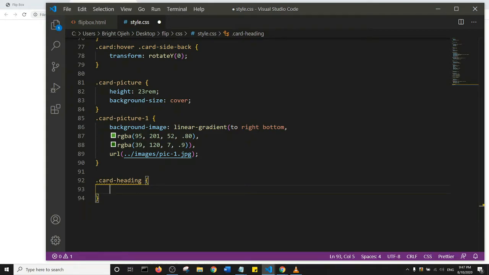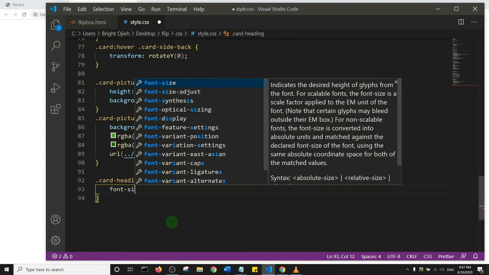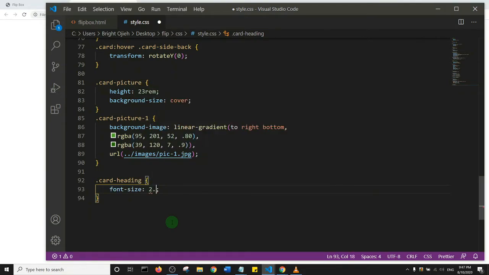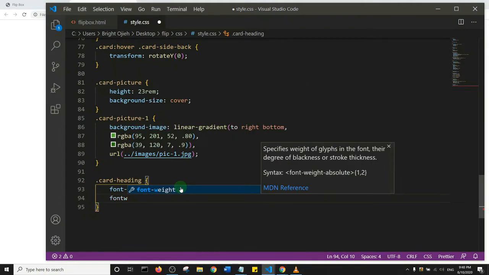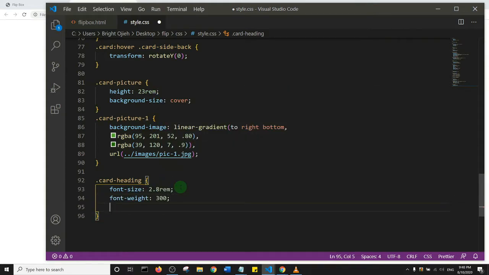Now for our card heading, essentially we want it to have a font-size of, let's say 28 pixels, because it's going to be bold. So 28 pixels, 2.8 rem, and we want it to have a font weight of, let's just give it 300,